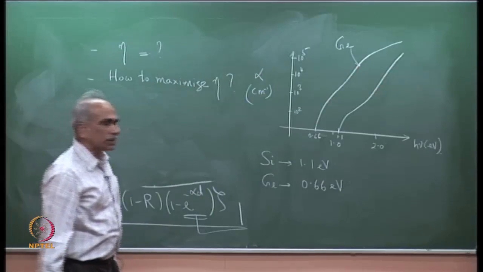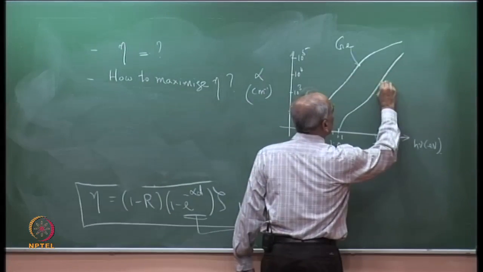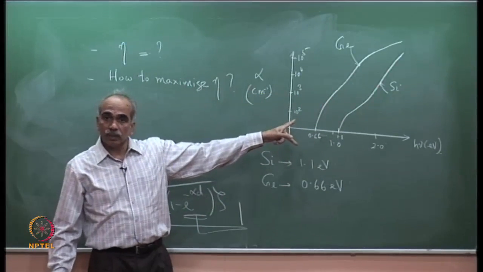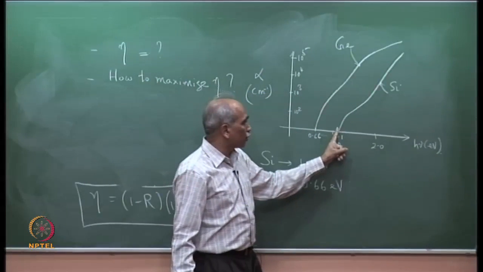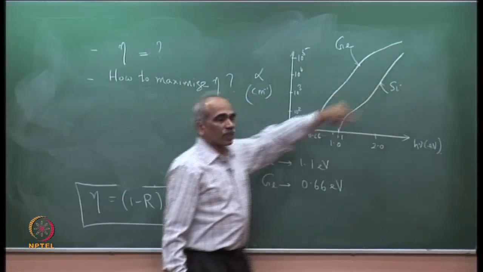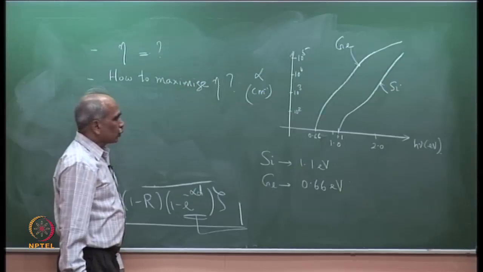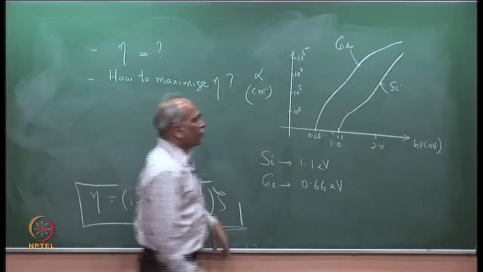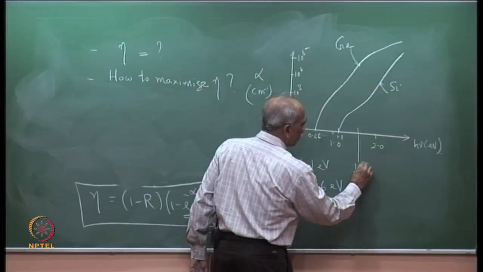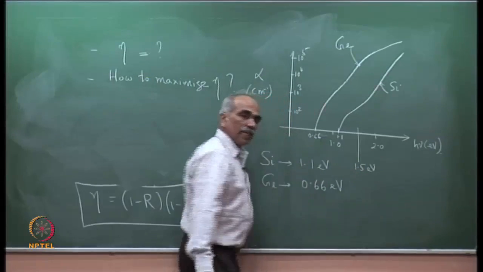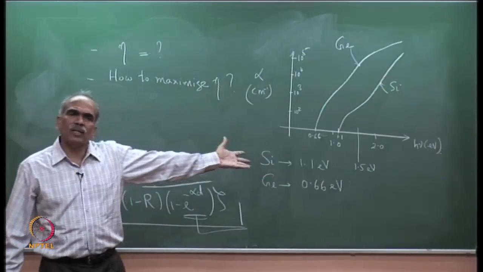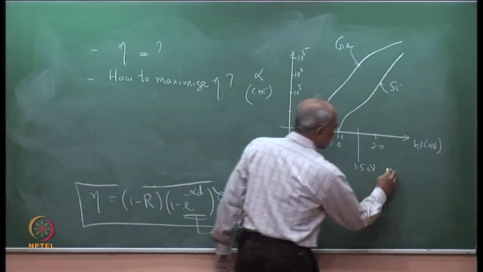So, silicon also goes up approximately like this. I have drawn the absorption curves for silicon and germanium. You may recall that both of them are indirect band gap semiconductors. For direct band gap semiconductors, the absorption curve shoots almost vertically up, whereas for indirect band gap it increases a little slowly. And let us say I am using a laser which is emitting at h nu equal to 1.5 eV, typical of gallium arsenide lasers,